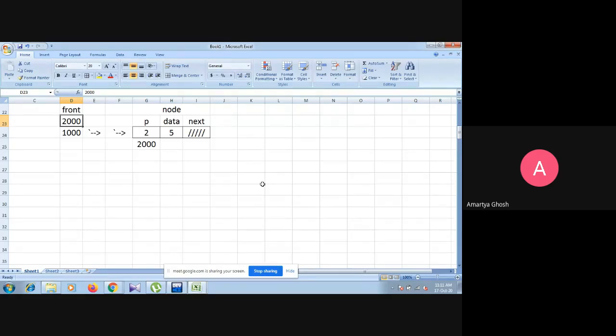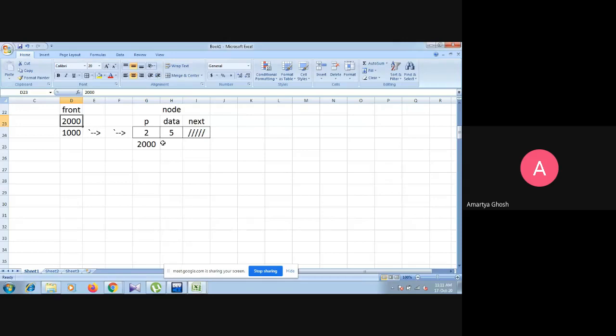Maybe it will be the first node, the last node, or in between the list. We don't know, because we don't know how many nodes there are. We only know that front is a pointer containing the base address of the first node, and that is a valid address, not null. So at least one single node is there, or maybe n number of nodes.